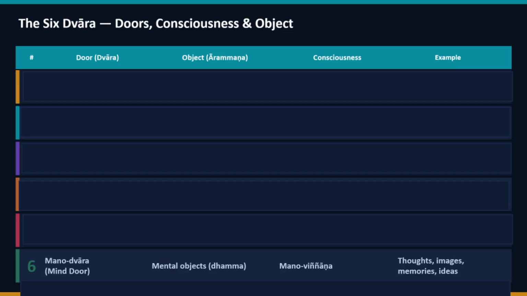And mano dvara, mental object, dhamma. Okay? If we have a mind, we are able to think. If short of this, then we are in a vegetable state. So the arising of mind is mano vijnana. Then with this mind, we have thoughts, images, memory, ideas.